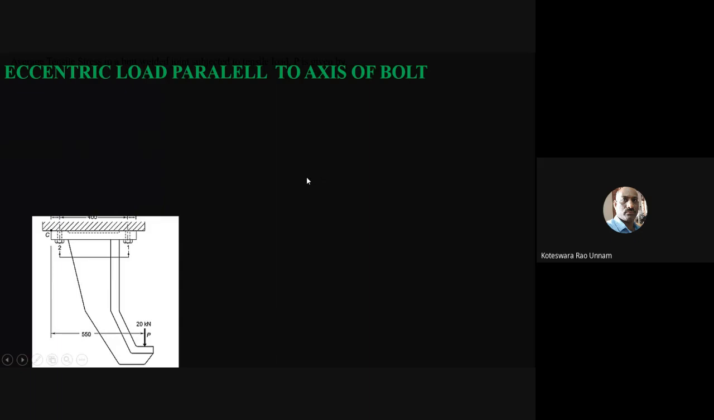So we'll discuss the last topic in bolted joints today. So far we've seen two different cases. One is when the eccentric load is in the plane of the joint. The other case we have considered is when the eccentric load is perpendicular to the plane of the joint, and that too it is perpendicular to the axis of the bolt. So now today we'll see an eccentric load